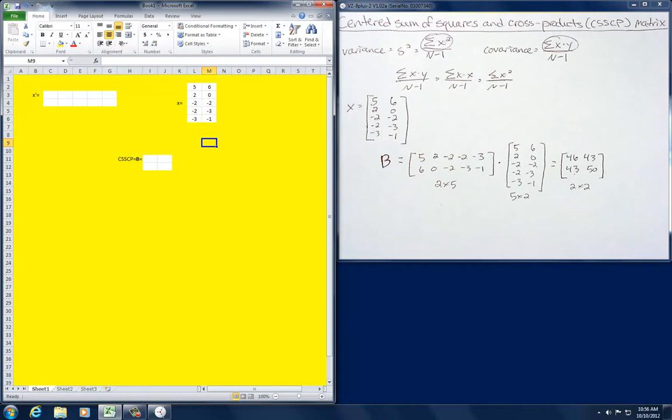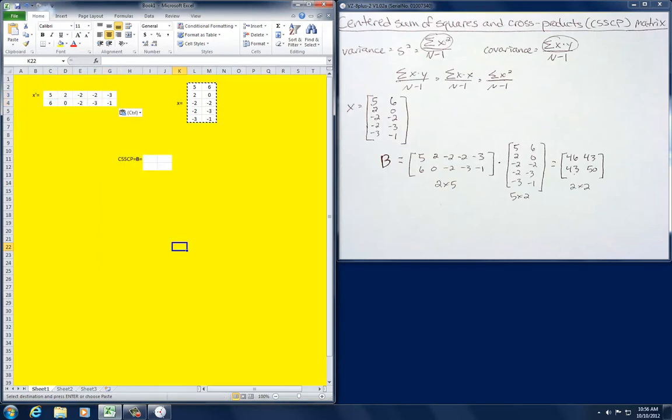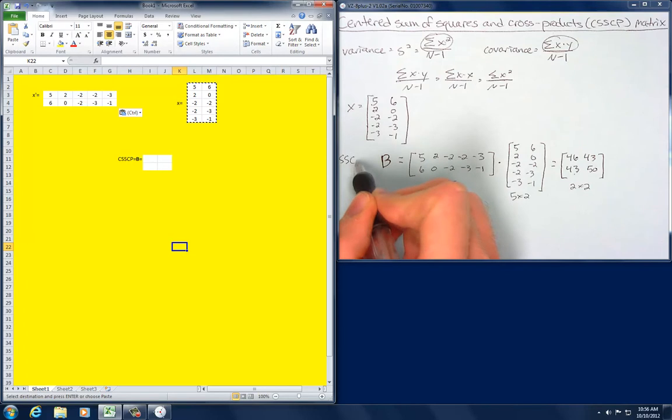Okay, so as you recall, we pre-multiplied that by its transpose. So let's copy and over here do a special paste, transpose, to get the transpose. Once again, I should label this over here CSSCP